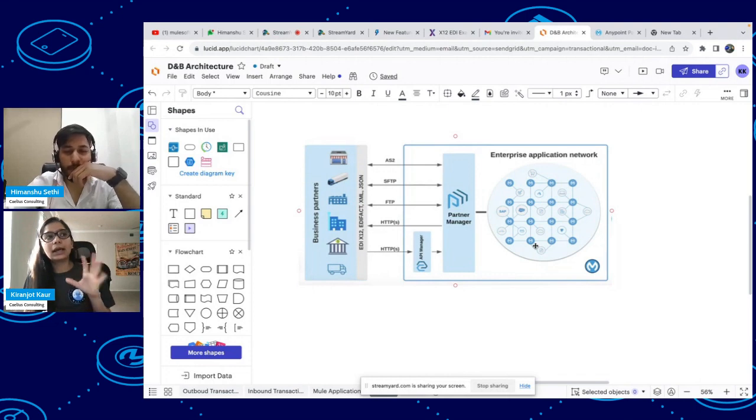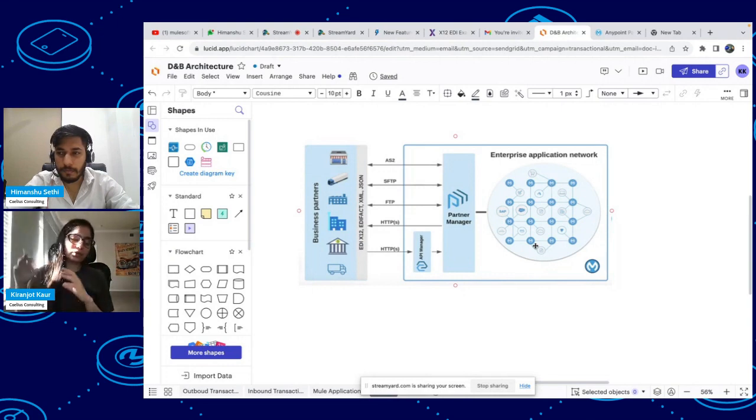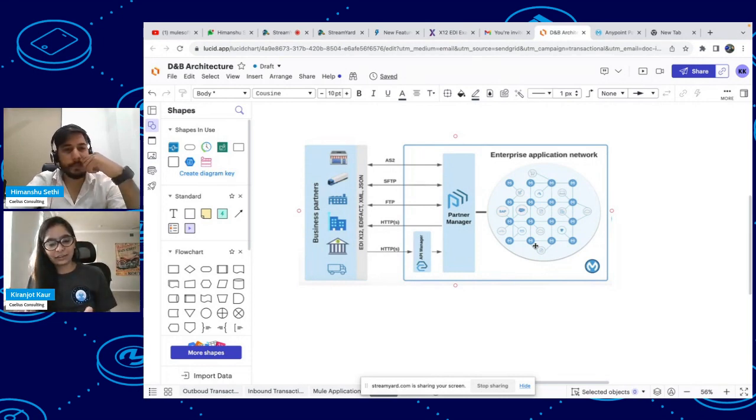If you think of Partner Manager as an experience API layer, it accepts all the formats of B2B transactions, and internally we deal with them in the process API and store the transactions in our backend systems. One of the key features of Partner Manager is a configuration-based GUI,